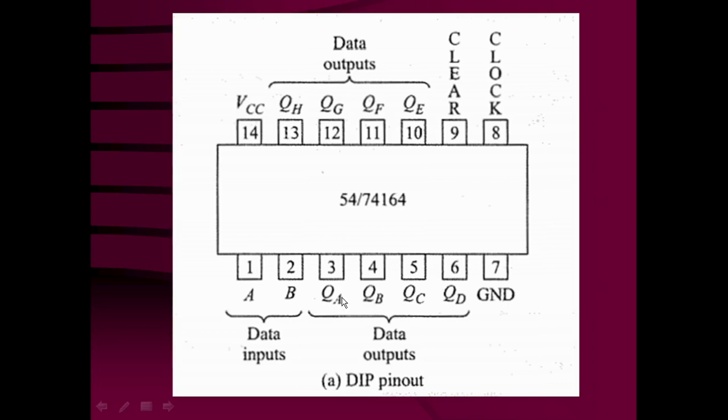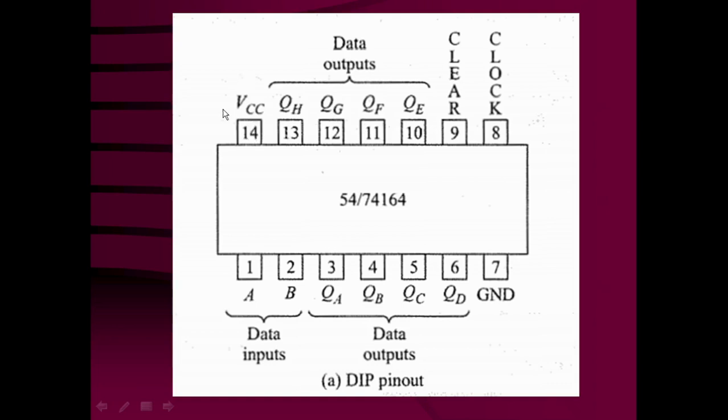Each flip-flop is designated A, B, C, D, E, F, G and H. Hence, there is the true side of each flip-flop, that is QA, QB, QC, QD, QE, QF, QG and QH, the output of each flip-flop brought out on these pins of the IC, and hence this is a serial input, parallel output shift register.